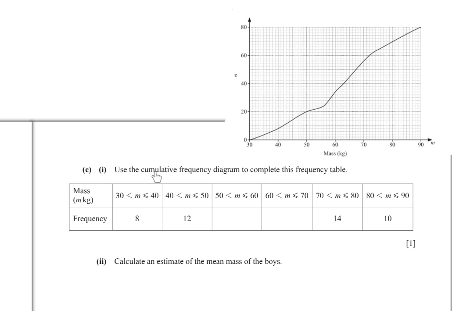CI, use the cumulative frequency, this one, to complete this frequency table. From 30 to 40 we have 8, from 40 to 50 we have 12. Now we need to find the frequency from 50 to 60. From 50, the corresponding value for 50 is 20, and the corresponding value for 60